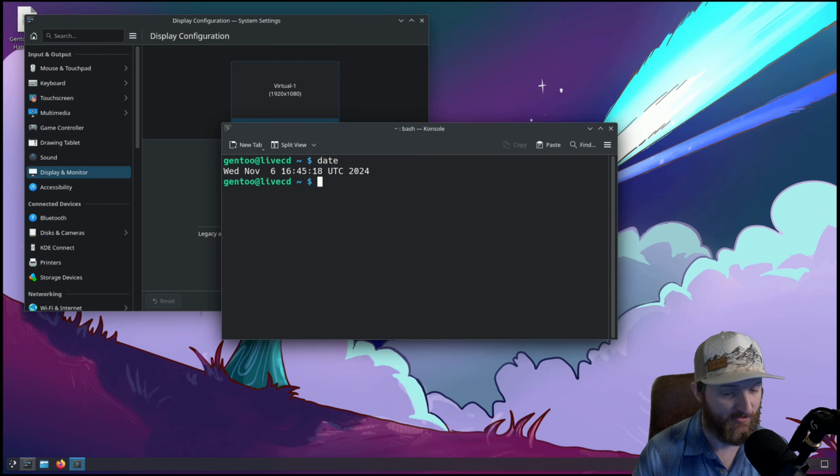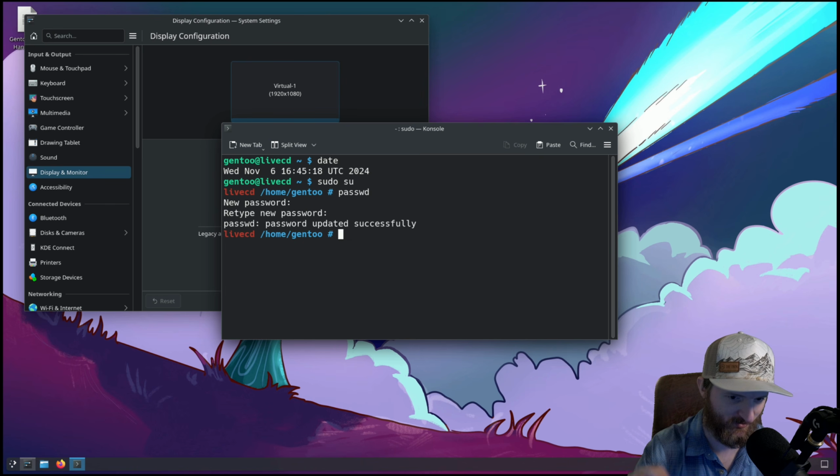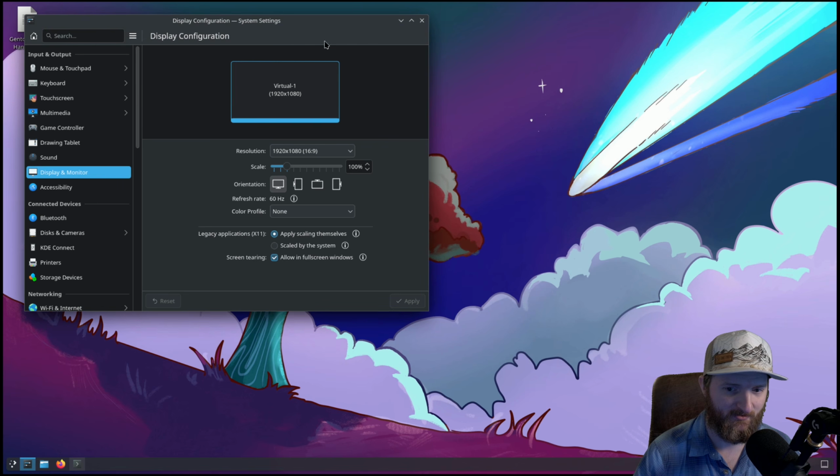But in order to do this, we need to change the default root password here on the ISO. The way that we do that is we can just do sudo su. That will give us root. Okay. Now we can just do passwd. Give it a complicated password. Okay. And then after that, we can just use the little tool here. So we can say